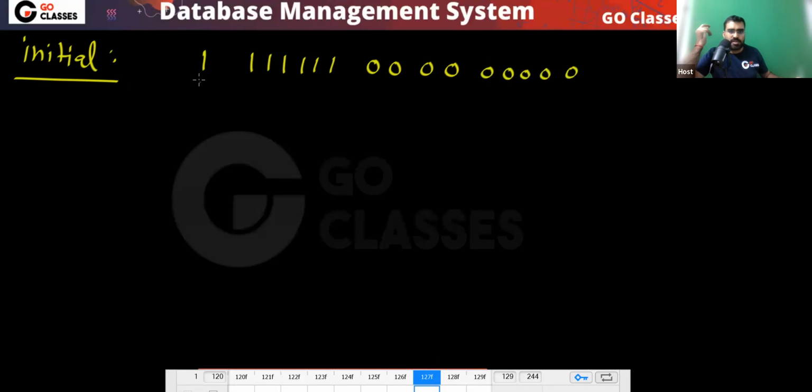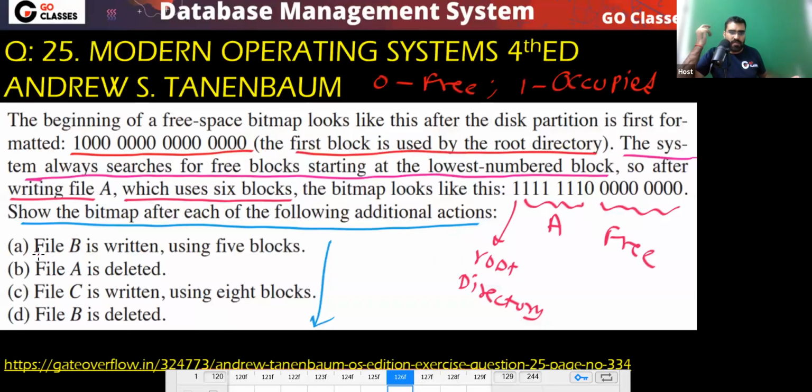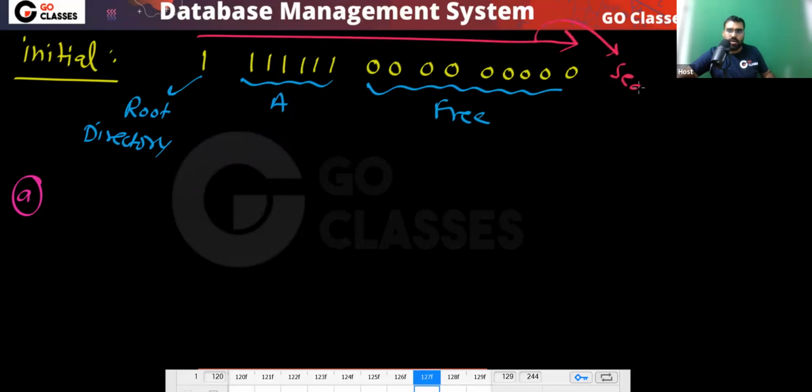See, this is the initial, this is the root directory. Here you have the root directory, here you have file A, and these are the free space. You tell me now, file B is written using 5 blocks after A. What will happen? You are writing file B using 5 blocks. So you will search in this direction. Remember, you will search for free space in this direction. So